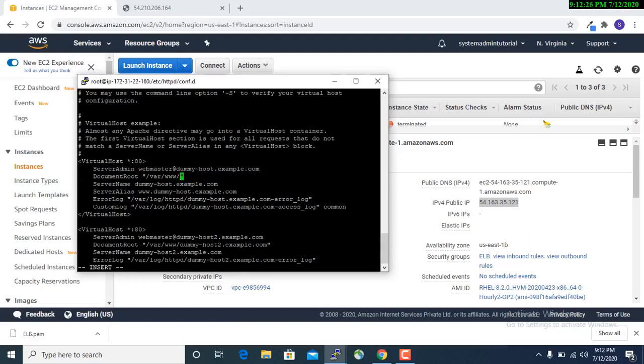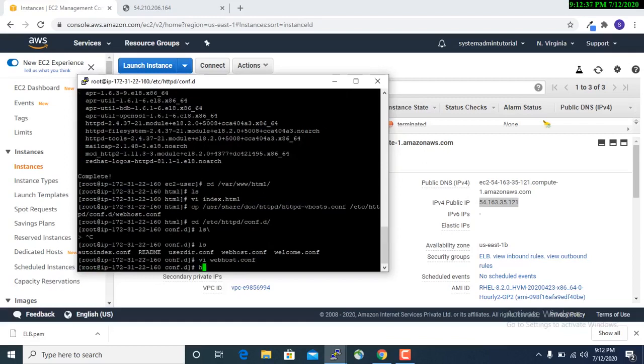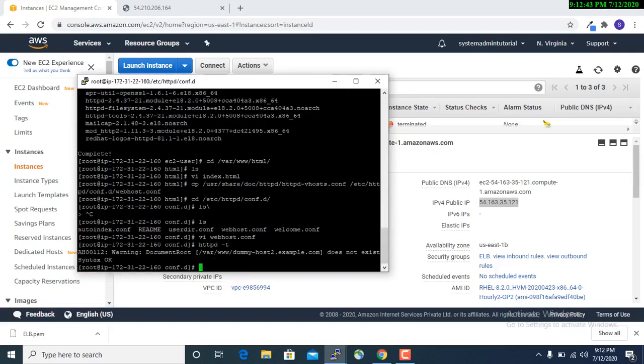I have to give the document directory. In the previous one also I changed the same thing. Here in the virtual host, you go to the document root. Here you have to give the directory of your index.html file, that is /var/www/html. Now you save the file.